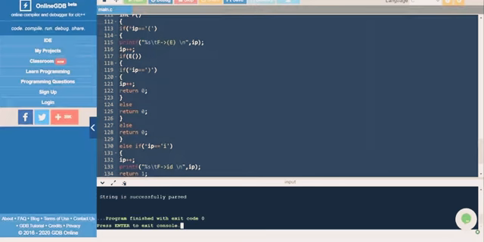And the next string, it says the string is successfully parsed. If I had given any other string, then it would have said unsuccessful. So this is my code.